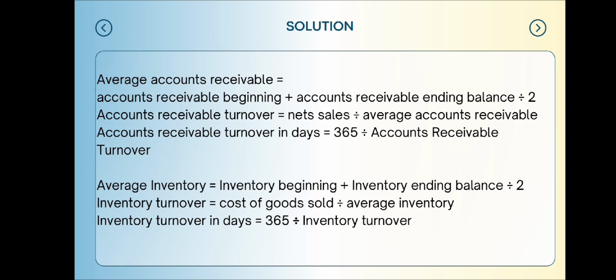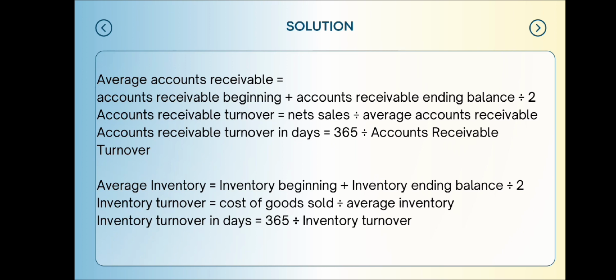The formulas are: average accounts receivable is equal to accounts receivable beginning plus accounts receivable ending balance divided by 2. Next, accounts receivable turnover is equal to net sales divided by the average accounts receivable, and accounts receivable turnover in days is equal to 365 divided by